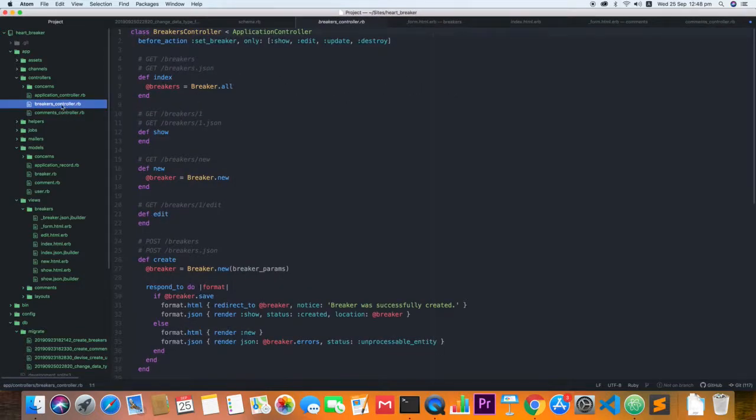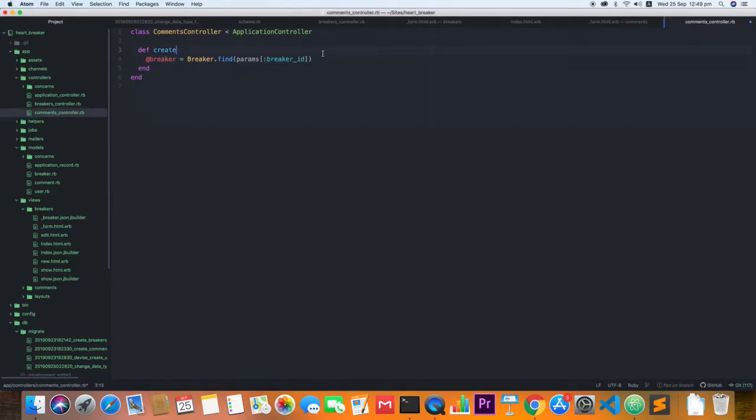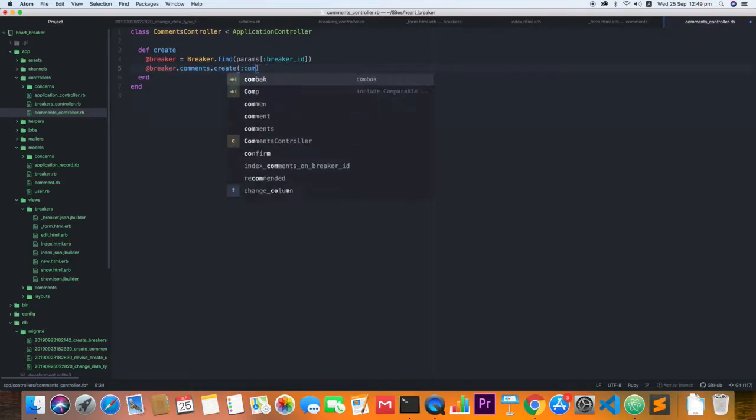Controller, comment controller, and then using that, add breaker dot comments and create, and then dot create, and then create the column name will be comment, and then it's a hash, a new version hash, and then we're gonna put